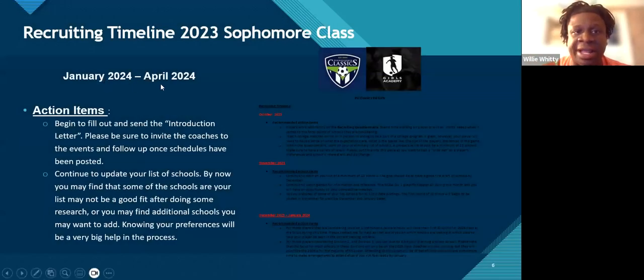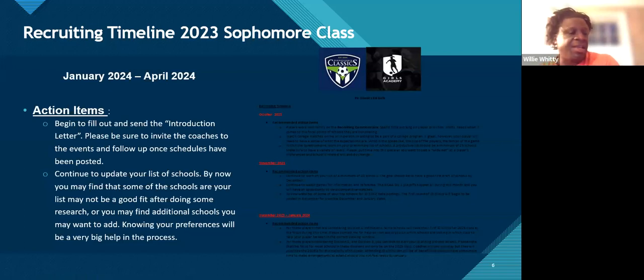But January to April, I would be gearing up and firing out these letters. If you get those letters out, again, it gives the coaches a plan of how they want to attack their recruiting. Okay, I want to see this kid at this event, this kid at that event, and you want to be right in step as they're planning their spring on where they're going to do their recruiting process.